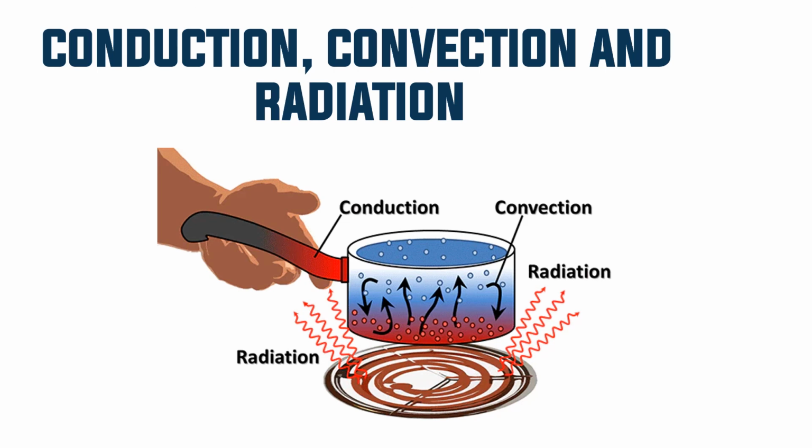So children, don't be confused about these terms. Read your textbook also, and for each process, conduction, convection and radiation, keep one example in your mind. For conduction, we touch a hot metal piece. Convection means boiling water, you just see that process. And radiation means the sun's radiation, ultraviolet radiation, like that.